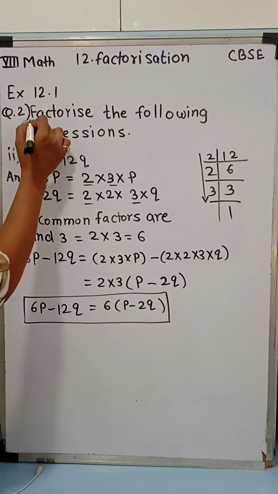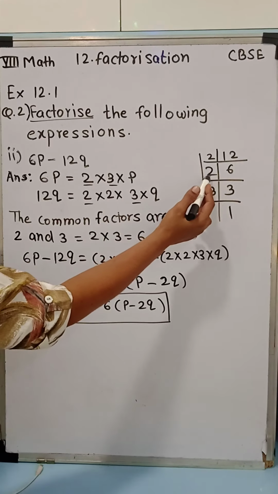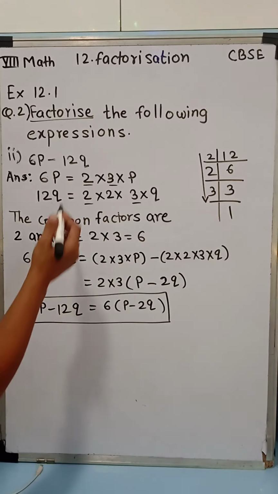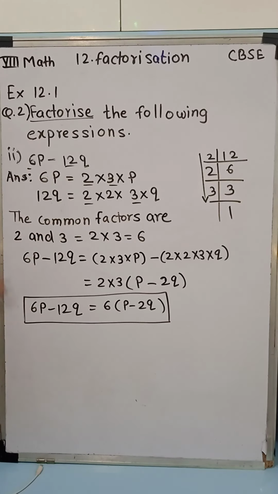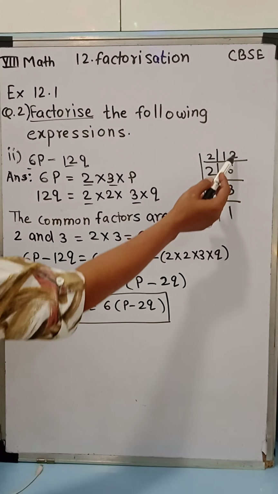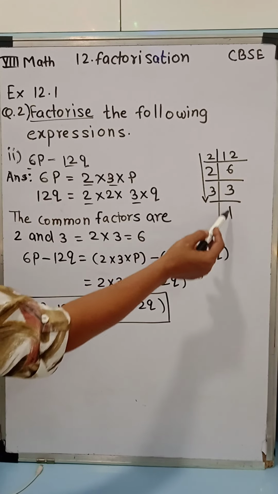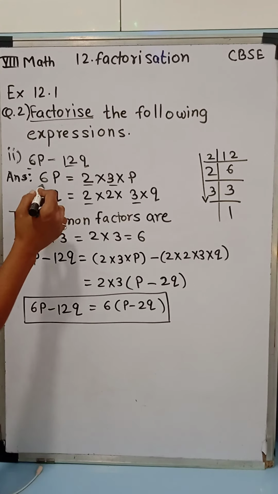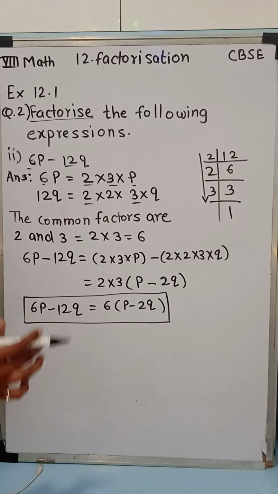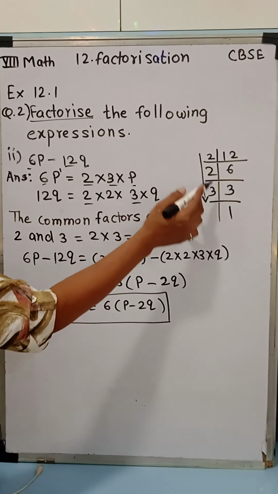So here we need to factorize first of all. So 6p can be factorized. 6 can be divided as, 6 is an even number, 2 3s are 6 and 3 1s are 3. Or a better way, 6 and 12 are multiples of each other. I have divided 12. 12 is an even number, 2 6s are 12. 6 is again an even number, 2 3s are 6 and 3 is a prime number itself, 3 1s are 3. 6 can be factorized as 2 into 3 and p is the variable, write it as it is, as the power is 1. So 12 can be factorized as 2 into 2 into 3.